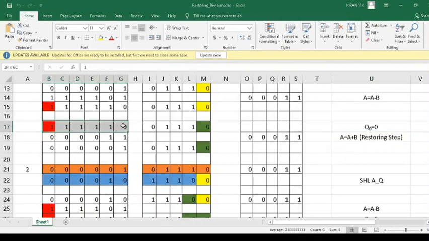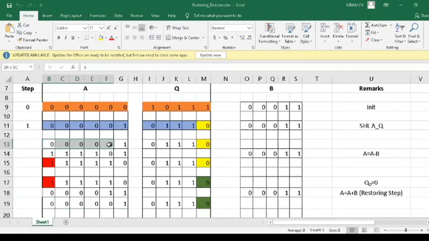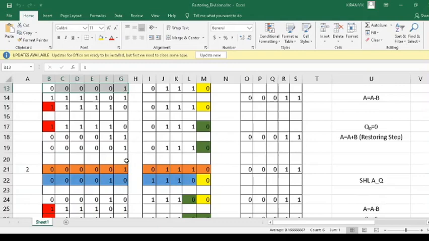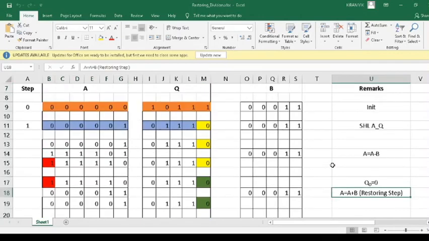This was your negative result that you got after subtracting B from A. Now you are trying to restore it by adding it with 3, which is our divisor. These two things are added together. So what is the result? The result is the portion of the A field with which we started. So when we perform a restore step, we are getting the section of the dividend in the A field itself. That is the restoring step.